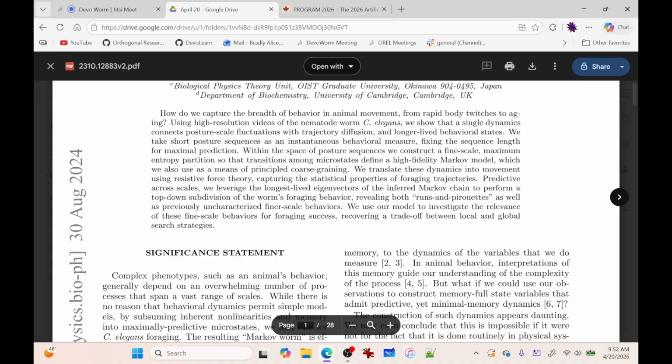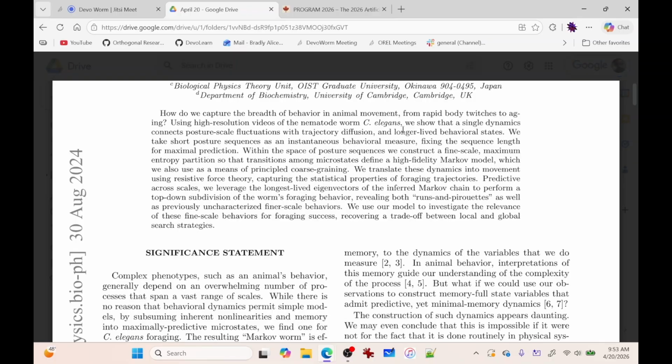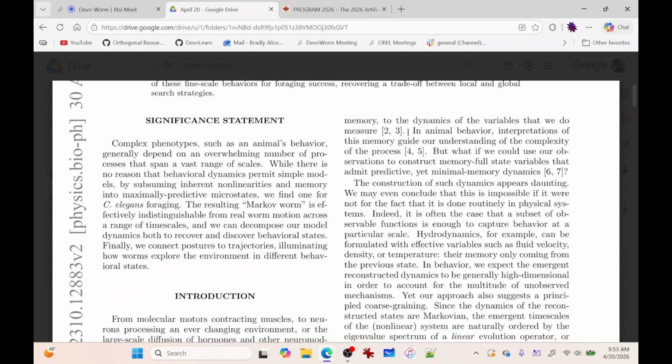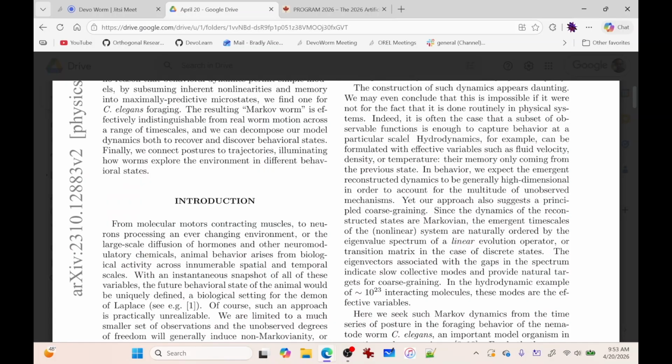So they're able to reveal different types of behaviors, behavioral sequences, etc. There's a temptation to think, of course, that the movement behaviors are quite simple, but in fact, if you look over time and reconstruct some of these sequences, you'll see these different types of finer-grained behaviors. We use our model to investigate the relevance of these fine-scale behaviors for foraging success, recovering a trade-off between local and global search strategies. So this is what they're doing. So they kind of point out that,